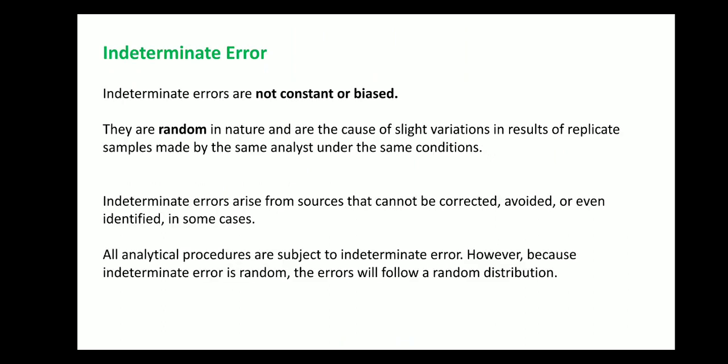What do you mean by random error? So with random error, there will be slight variation in the result. The error will be less in this type of error. You can't correct it or avoid it, so a minimum error will always be there. That is random error. This is in nature.